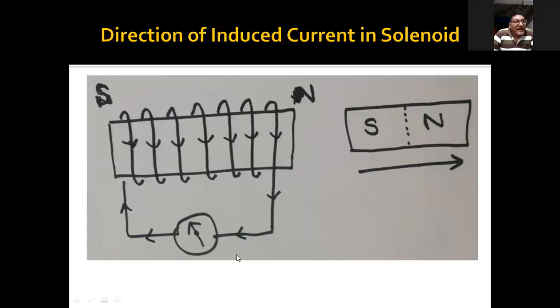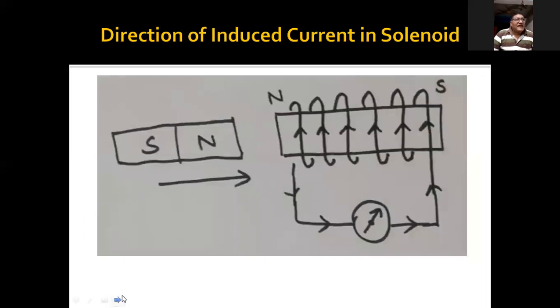So now I know that the current is going from the right side to the left side. If the current is going from the right side to the left side here, the pointer of the galvanometer will also point towards the left side. So I hope that you are now able to predict the direction of the induced current and the direction of the deflection of the galvanometer. Okay,